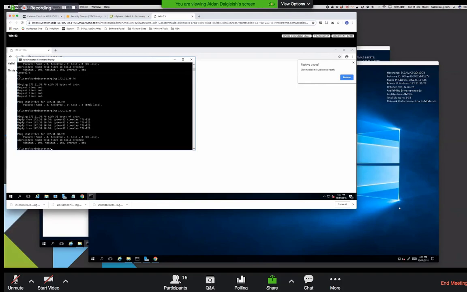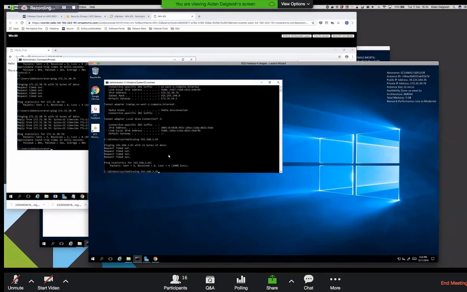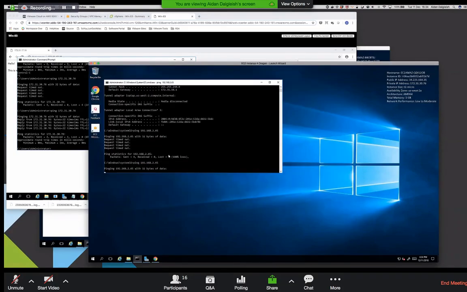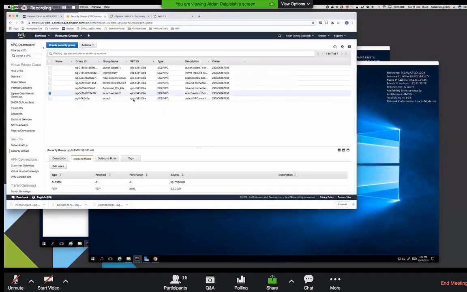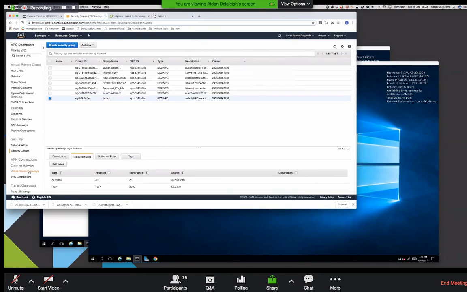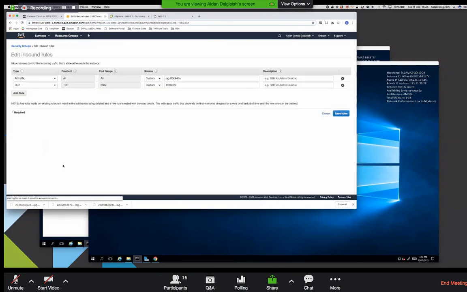But we would obviously still find if we tried to do the reverse that traffic still doesn't work. And so if we go back to our security group, what we'd need to edit, as I mentioned previously, there is nothing permitting that traffic from that launch wizard security group assigned to that instance to the default security group where the ENI adapters for the hosts are running. So what we can do